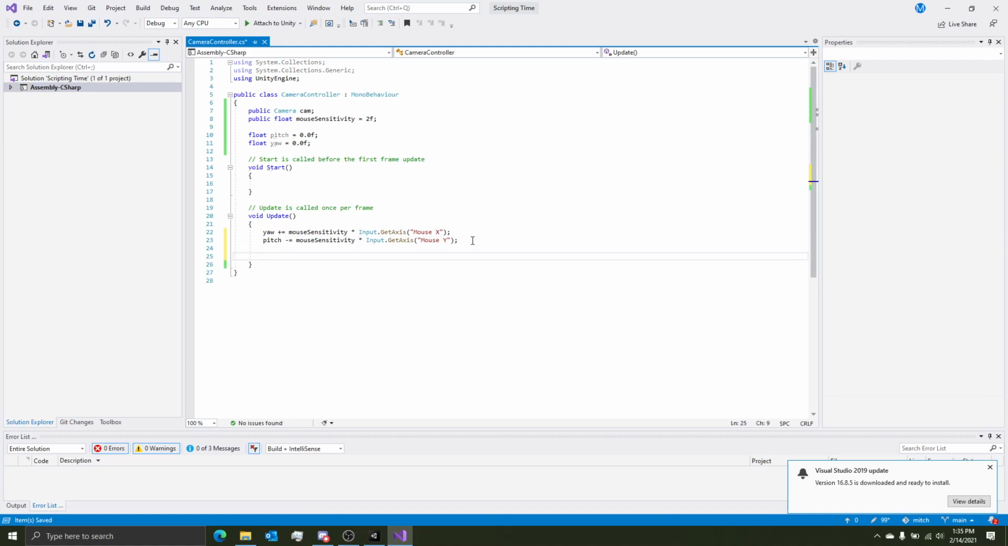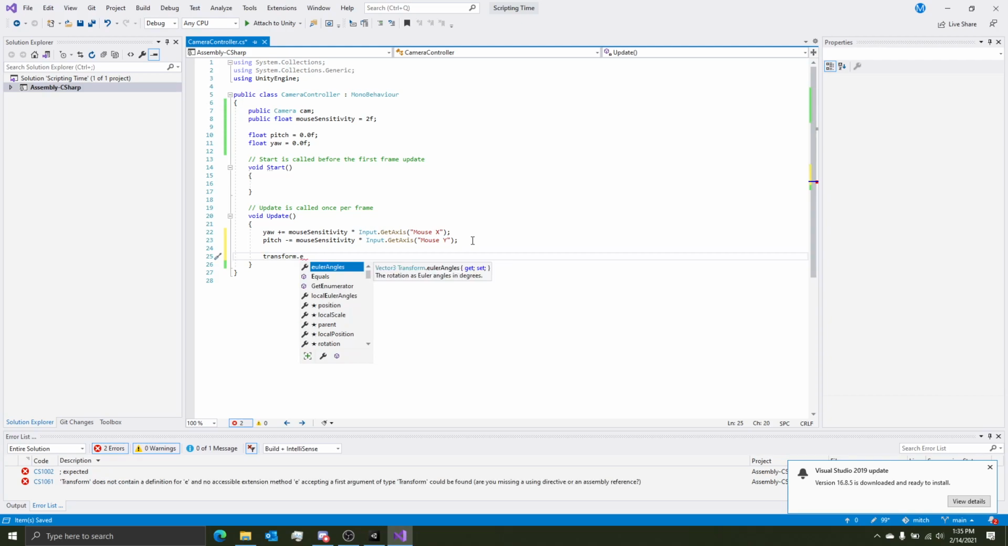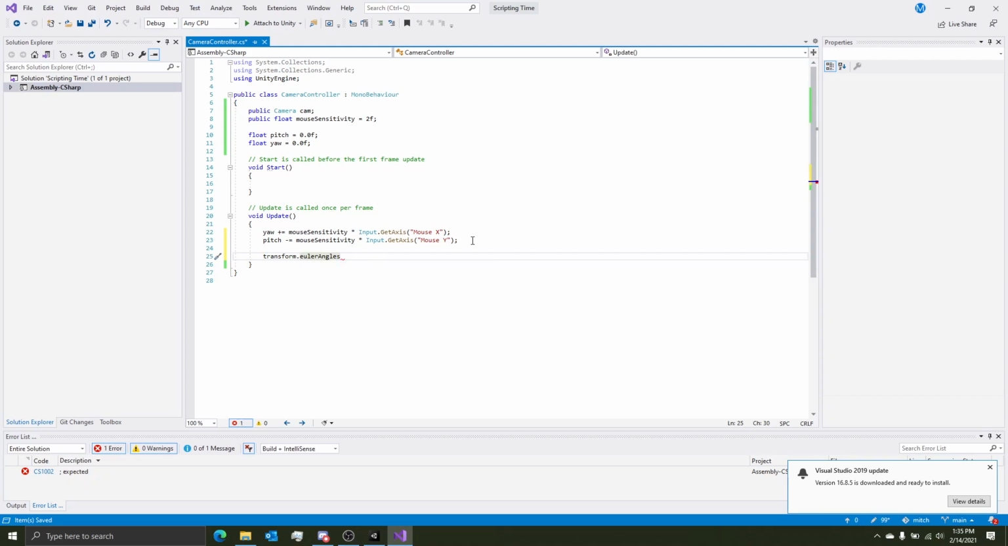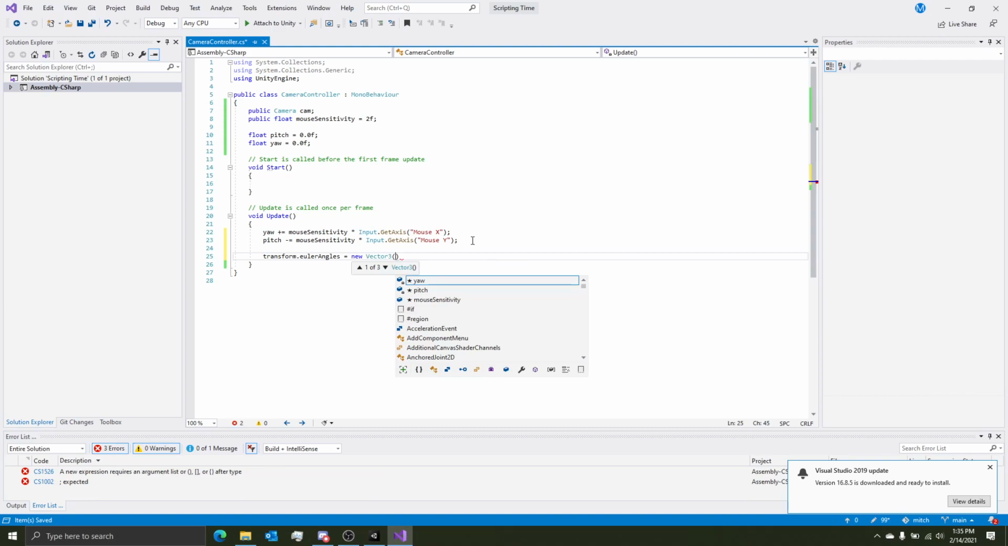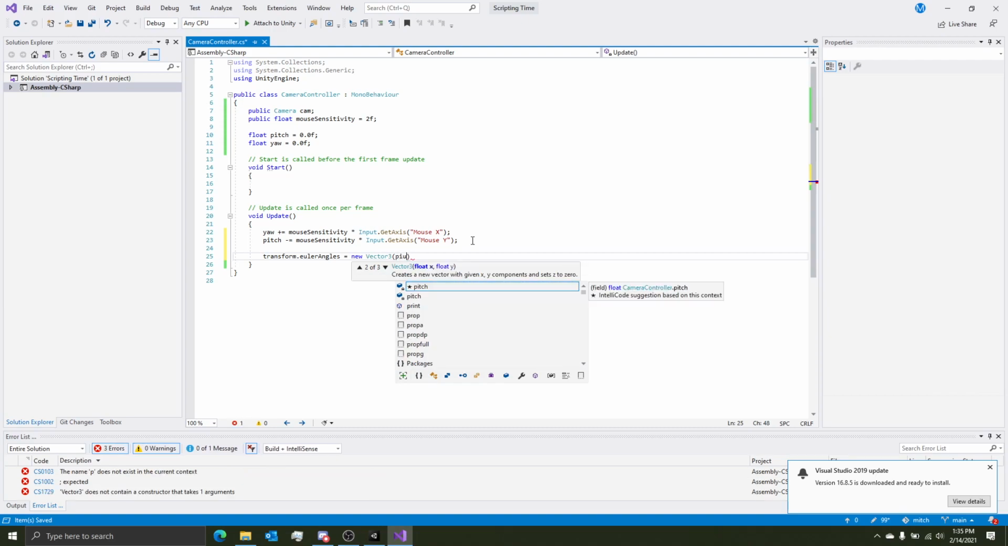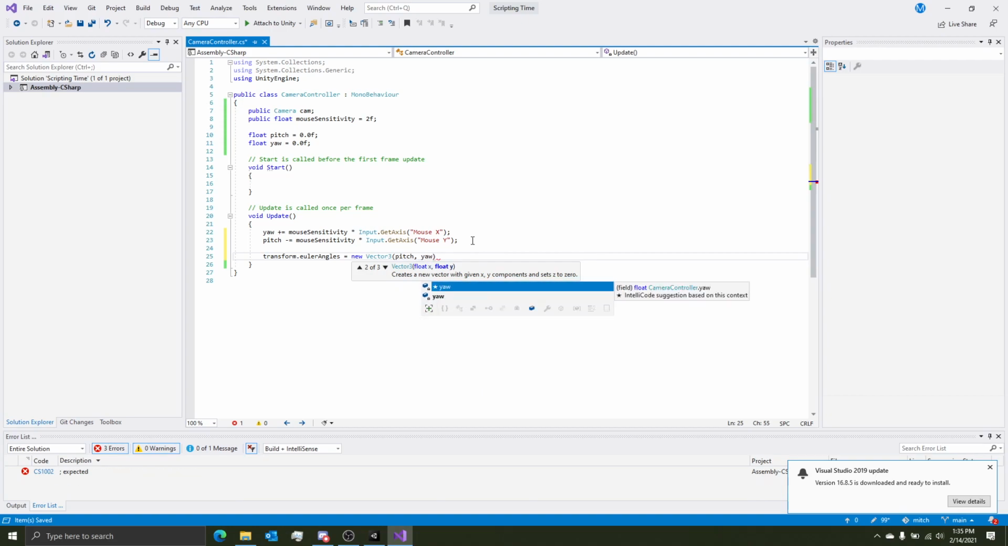So now we have the values. So now we can change the actual angles. So I'm going to do transform.eulerAngles, and this is basically the angles in degrees, and then set it equal to a new Vector3 with the pitch, the yaw, and then the last one is 0. So if you save that,